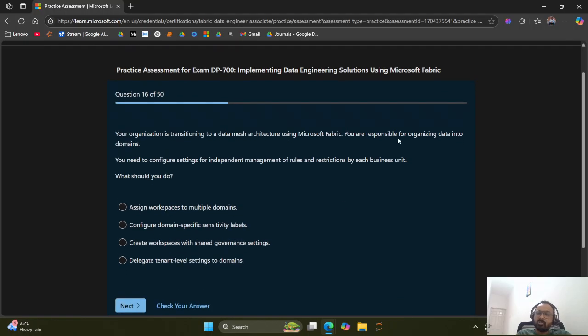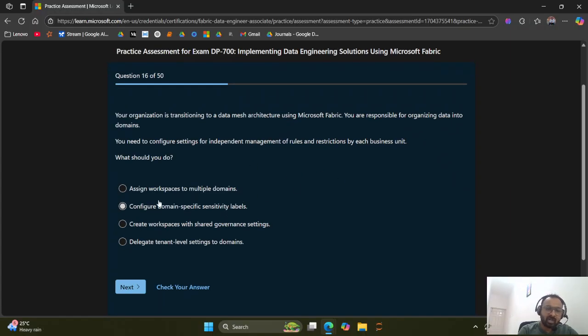So you are responsible for organizing data into domains. You need to configure a setting for independent management of rules and restrictions by each business unit. That means for each business unit, you need to have a configuration, right? Assigning workspace to multiple domains does not solve the problem, because it is not saying that you have to uniquely define something for a business unit or a domain. So that's not working. Configuring domain-specific sensitivity level